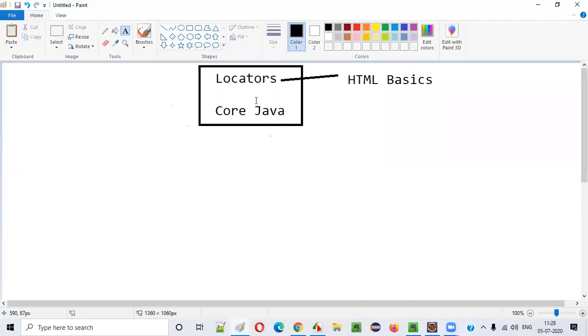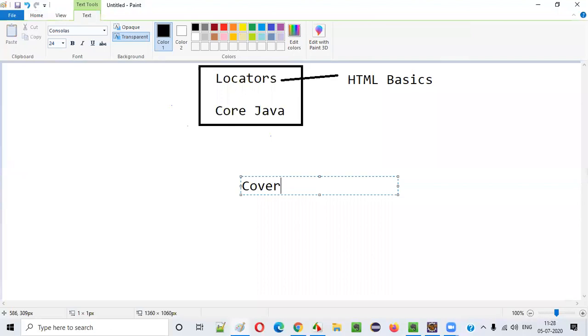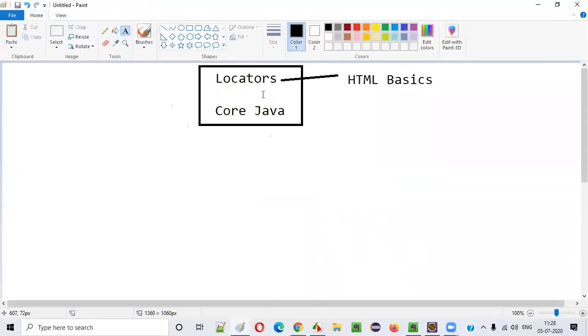Other than this, if you have any other prerequisites, before explaining any Selenium concepts, I am going to cover those prerequisites. So in these sessions, first prerequisites will be covered, then only the actual sessions will be taken, guys. Throughout my sessions the same process will be followed. Without prerequisites I will not go into the sessions. I have to make you understand the sessions, so I have to cover the prerequisites first.